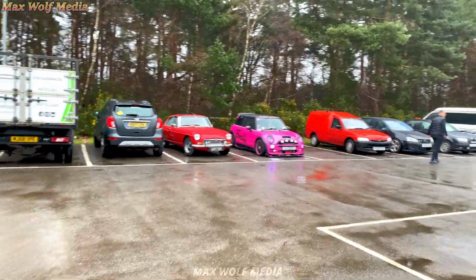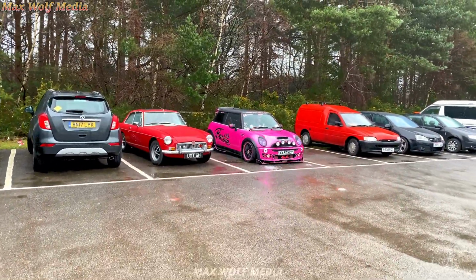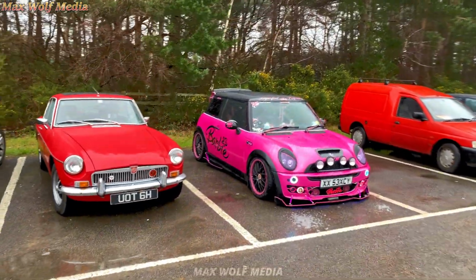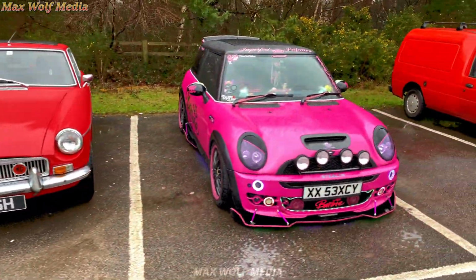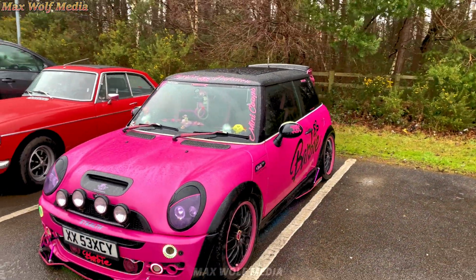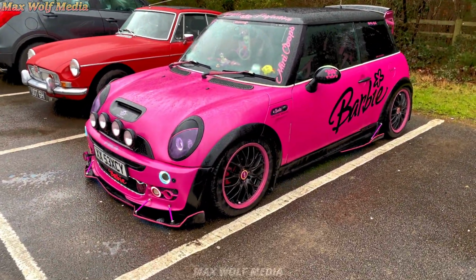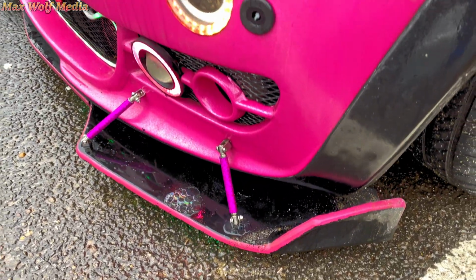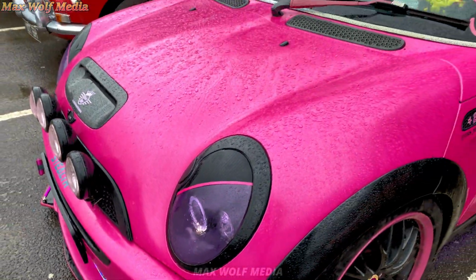So let us work our way over to the MG here and the Bling Mini. Sadly, Bling Beast isn't out today, but we do have one in pink with the bling. Surprising, first time I've actually seen this in daylight. Normally we see this down at Illusion, but let's give this a proper look over, because this is just like